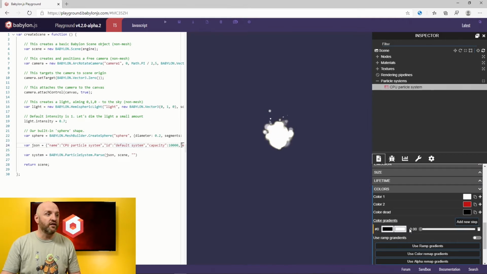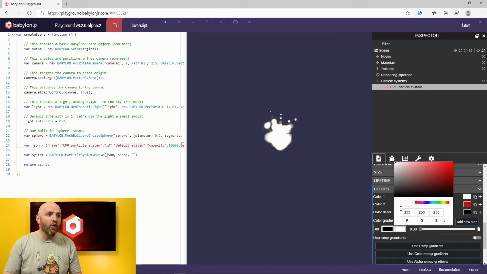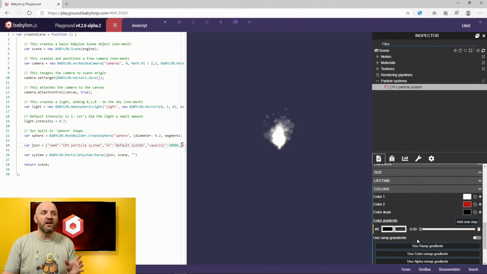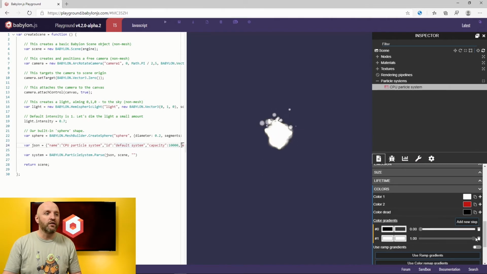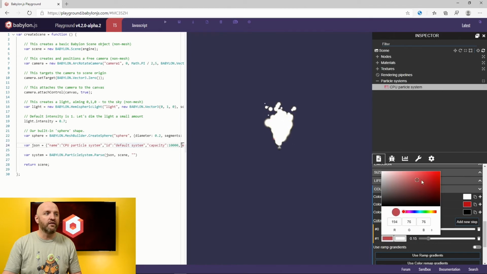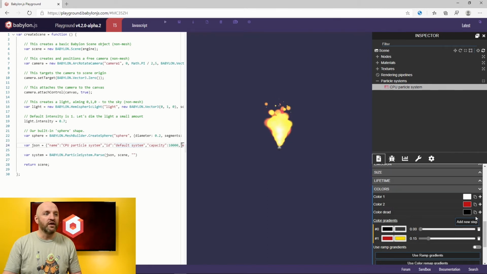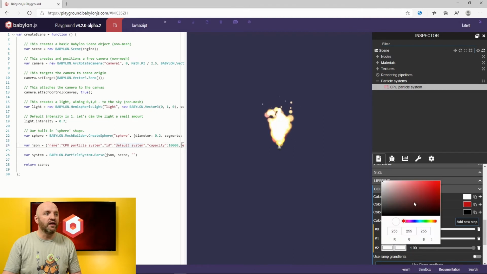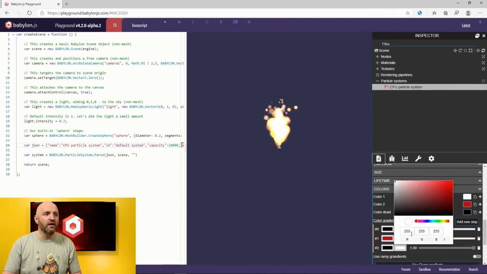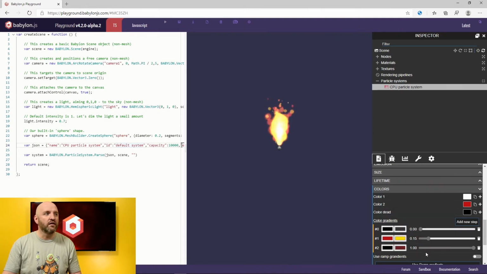For instance, my first gradient will be at the very beginning. I want the particles to be almost invisible, so they will be between black and gray, not visible at all. Around, let's say, 15% of the lifetime, I want them to become red because I try to simulate something that should be seen as flame. So between red and, let's say, yellow here. And then finally, at the very end, they will die by being between, let's say, black and dark gray, something like that. And boom, looks like a gas flame, right?